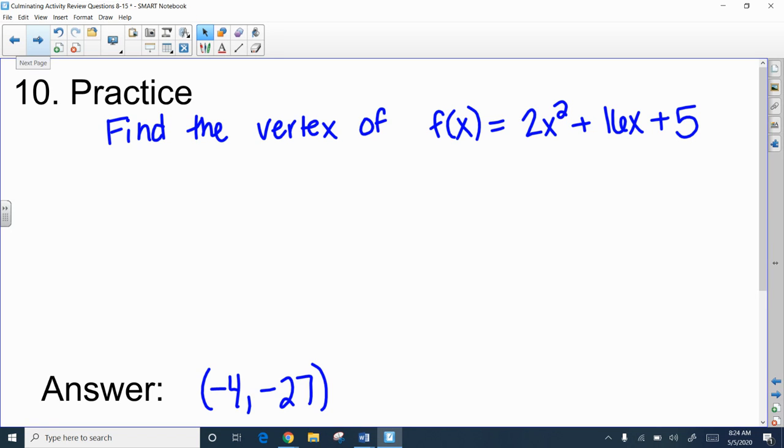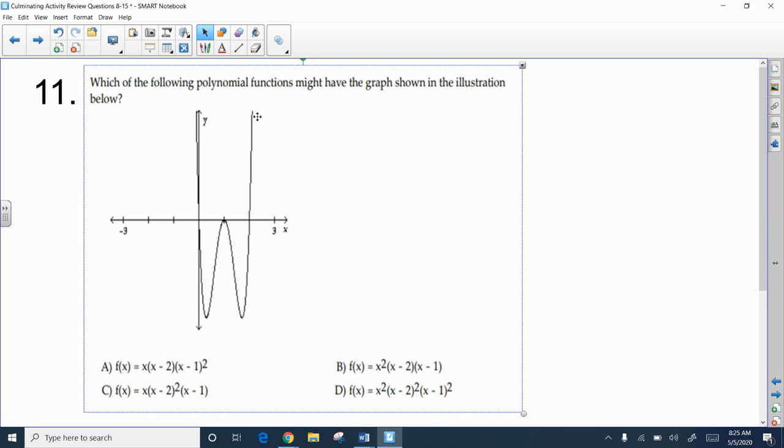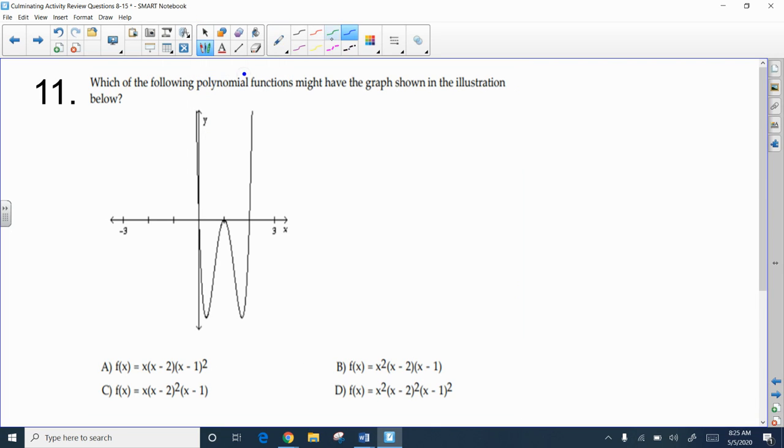All right, number 11. Which of the following polynomial functions might have the graph shown in this illustration below? And so we're trying to match it up with these shapes or these equations. The thing we're looking at to decide this is where the zeros are. The zeros are the x-intercepts, where the graph crosses the x-axis. So our zeros are at